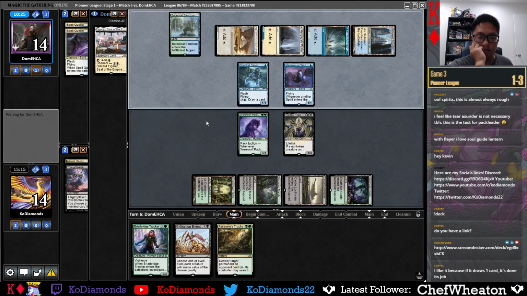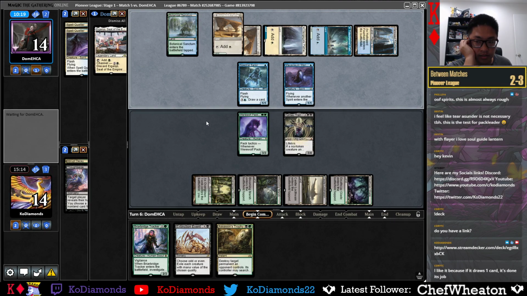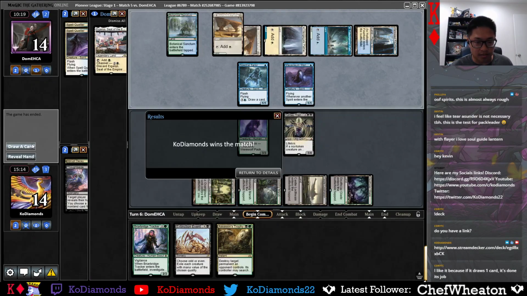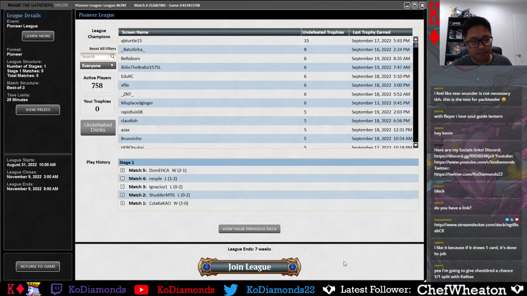Okay. Wow, that's really aggressive, because now they can't Agonjo me. Okay, cool. Wow, Pack Leader is pretty good. I would have drawn that. Draw. I guess I would have played the Trespasser. This Trespasser is pretty good. I think...